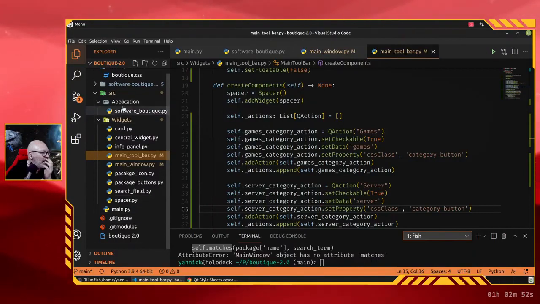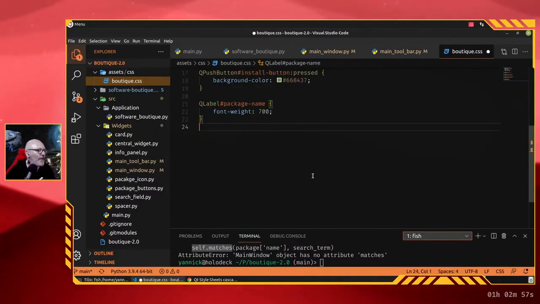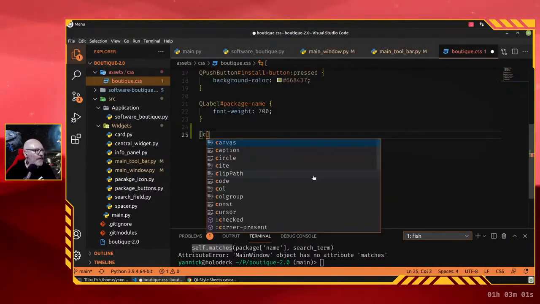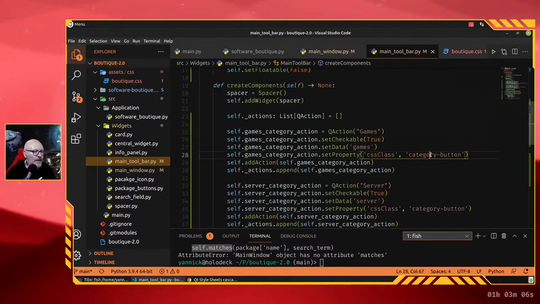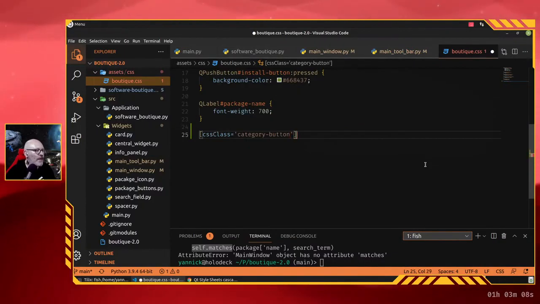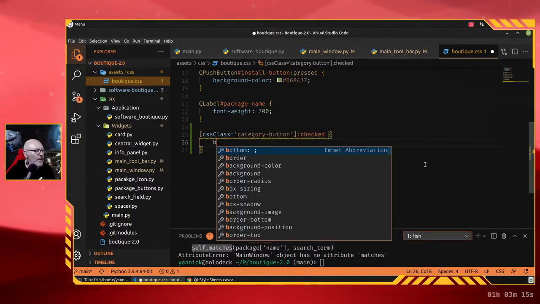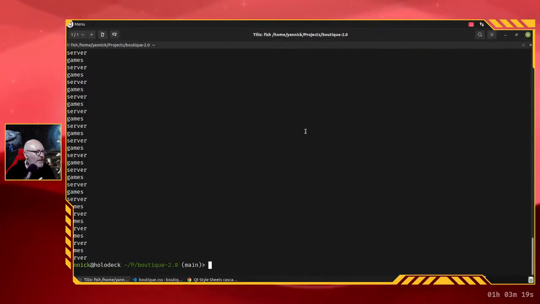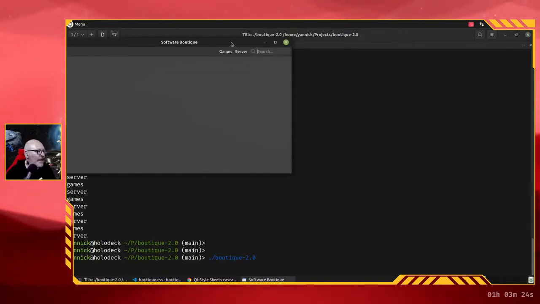Where's the CSS? It's there, and we're going to do something like CSS class equals category button. Okay, we want it to be checked, and if that's checked, we want the background color to be yellow. It's not the definitive, the official color that it's gonna have when it's released, but